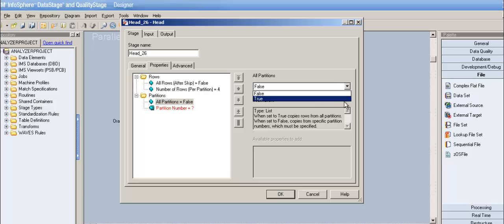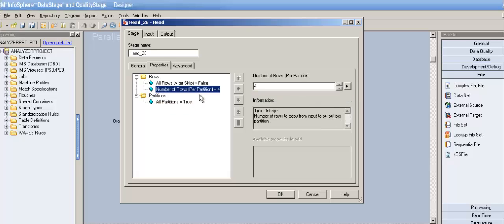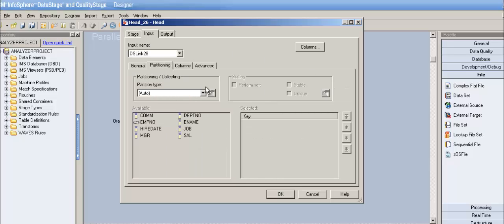It should be 4 and 4, right? Because I said there are 2 partitions in my project, so it should be 4 rows from the first partition and 4 rows from the second partition. So obviously 8 rows should be returned to my output, right? Let's see if that's going well. Now, to make it easy for you to understand,